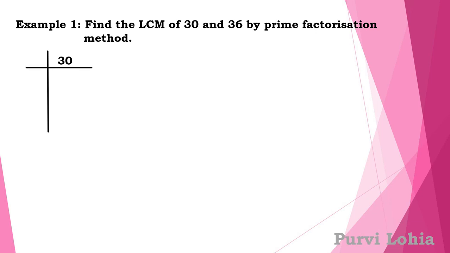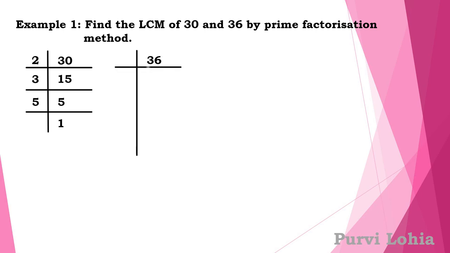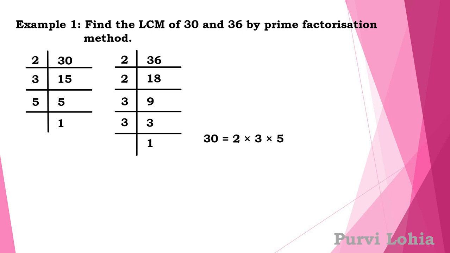The lowest prime number by which 30 will be divided is 2, which gives 15, then 3, it will give 5, and finally we get 1 at the last. 36 will be written as 2, 18, 2, 9, 3, 3, and then finally we get 1. So 30 will be written as 2 into 3 into 5, and 36 will be written as 2 into 2